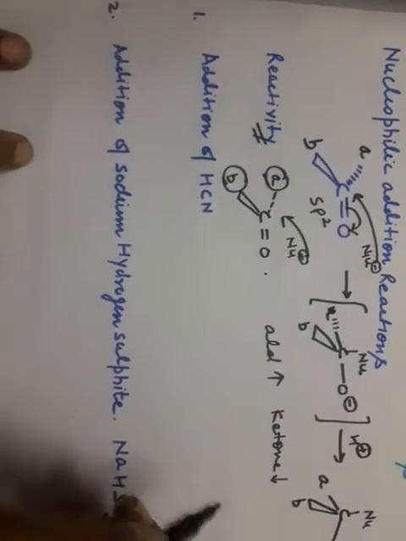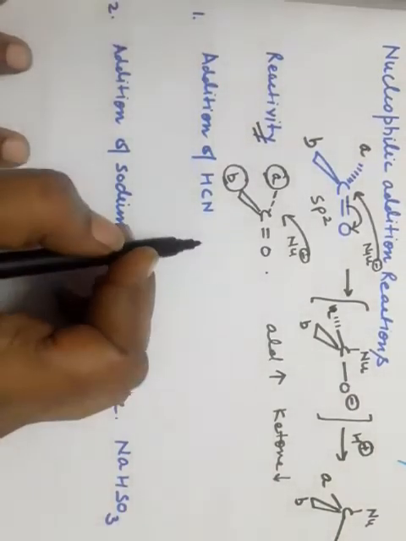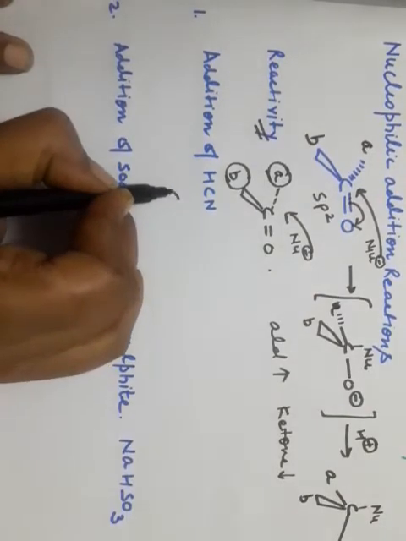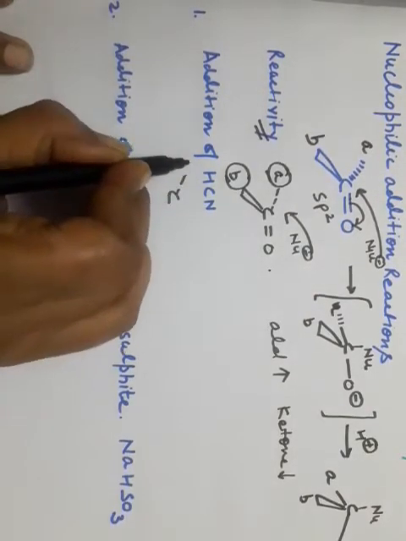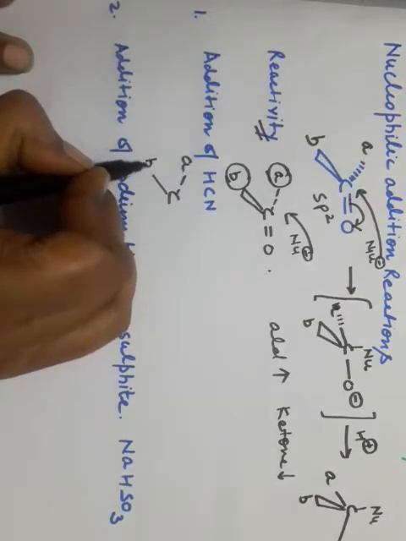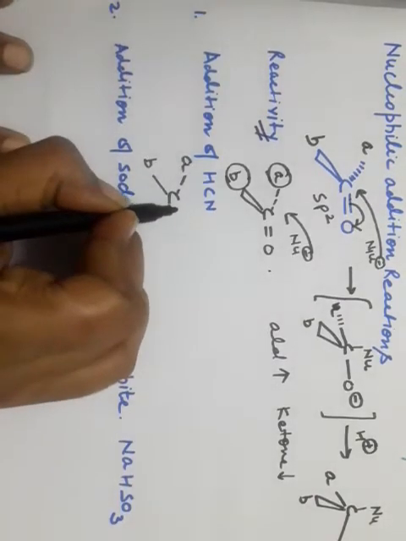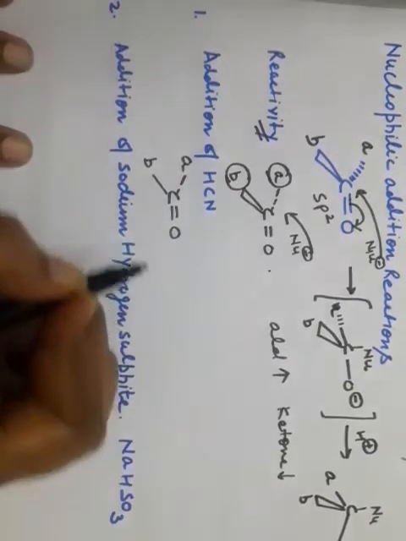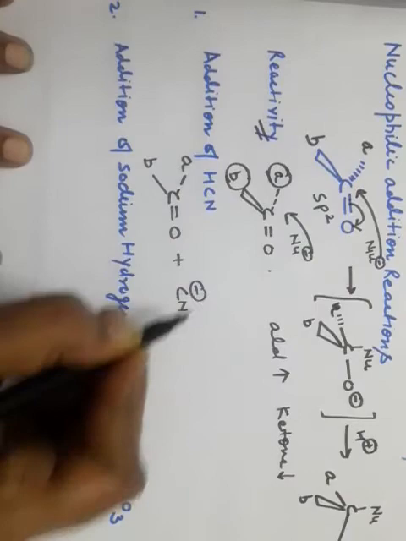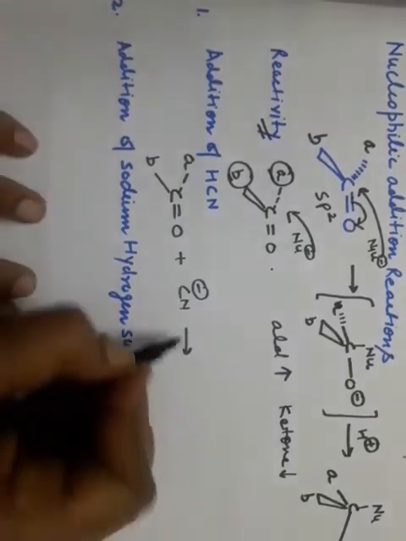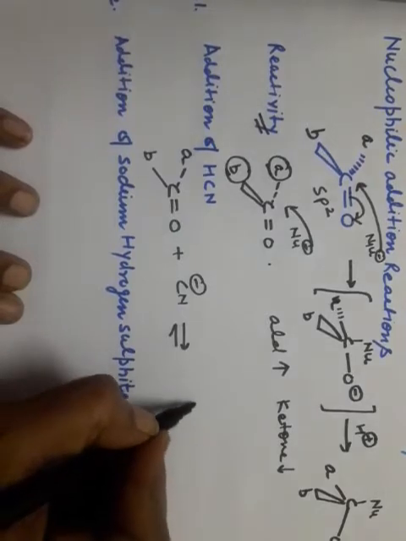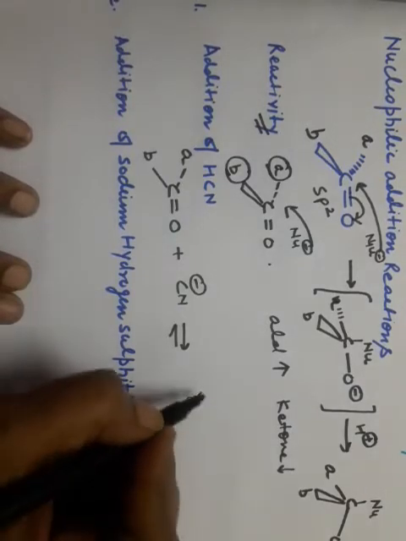Now let's discuss the reactions based on nucleophilic addition reaction. We can take aldehyde as well as ketone, so here I am taking the terms A and B. This is our aldehyde or ketone. Addition of CN negative as a nucleophile will give us a tetrahedral geometry compound